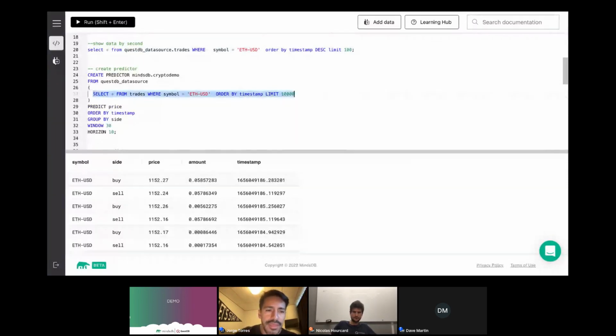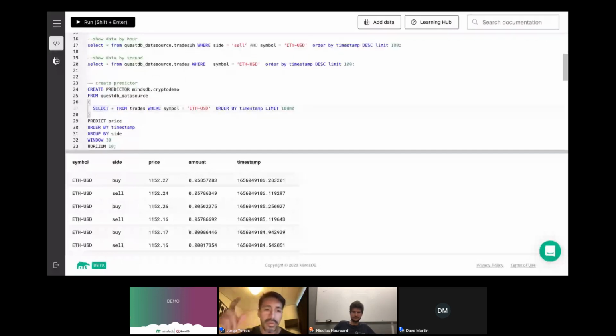And again, anything that you can run on the database, you can actually run here. Let's summarize: you want to create a model, you want to forecast the price of Ethereum to US dollars, and you have data in the database. If you have data in the database, then you can leverage any query that you want. Of course, this one is by second. There's a syntax for you to summarize the sampling by an hour and so on. The team at QuestDB has already prepared a table as well with a resolution of one hour.